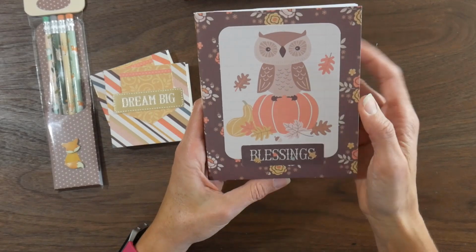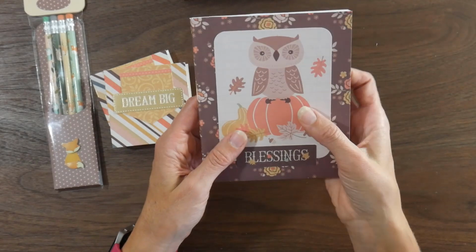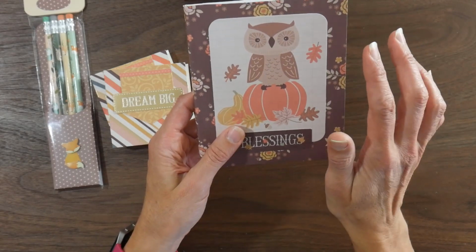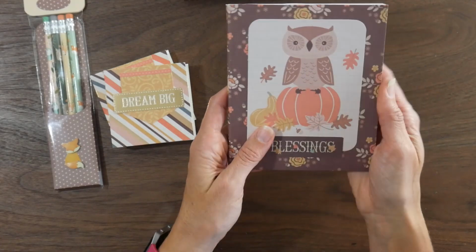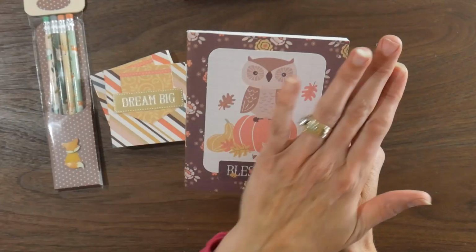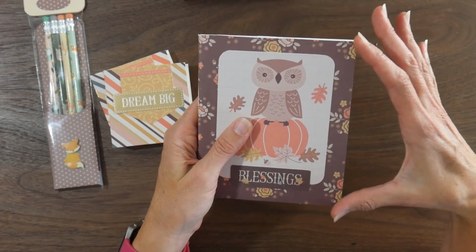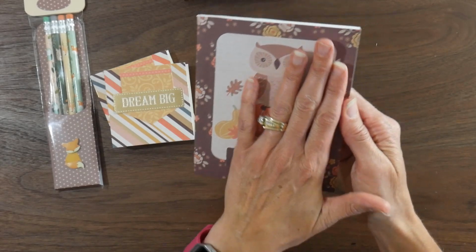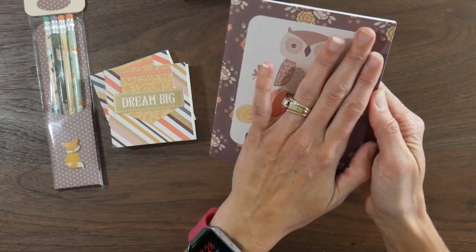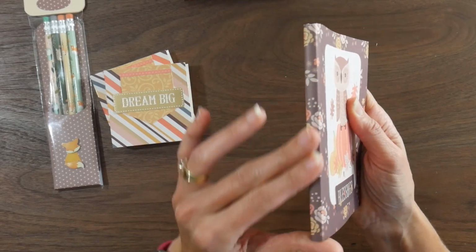And so I realized that this paper would actually fit all the way around that size notebook. So I basically measured and guessed at what size sheet I would need to go all the way around my notebook, and then cut it down to be about the height of the cover, and then glued the paper onto the front of the cover, and then took my bone folder and burnished here on the